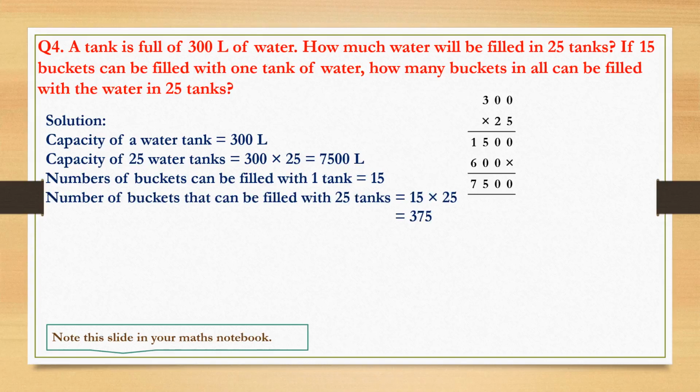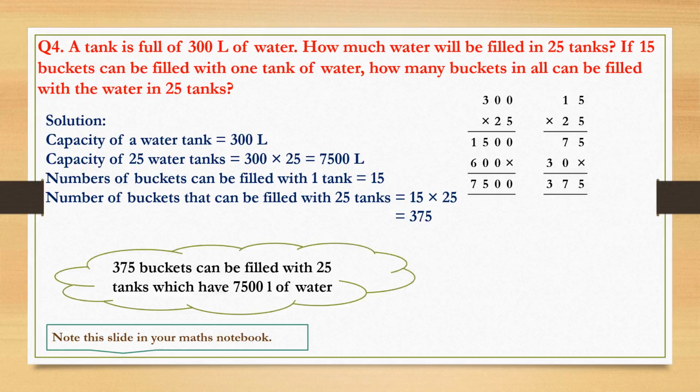Very simple. Okay, which is equal to 375 buckets. So at last I can say 375 buckets can be filled with 25 tanks which have 7500 liters of water. Okay,